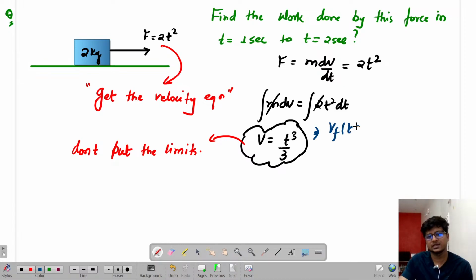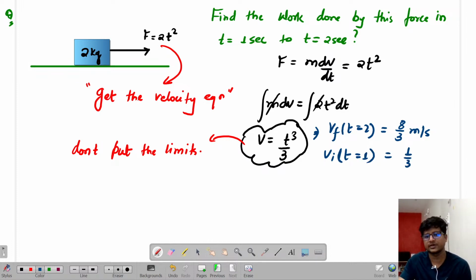v final is at t is equal to 2, and that will be 2 cube by 3, which is 8 by 3 meter per second. And v initial is at t is equal to 1, and that is 1 by 3 meter per second. So therefore work done will be simply equal to